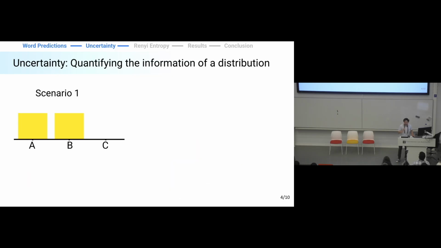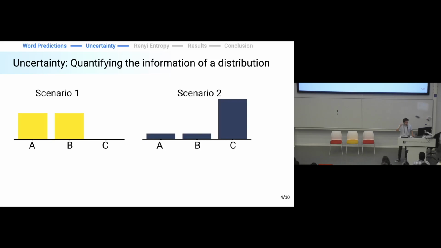Let's say it's a murder case, and there are 3 different culprits, right? In scenario 1, A and B have a 50-50% chance of being the culprits. And in scenario 2, A and B have 12% and C has 76%. So which of these 2 scenarios is making you more uncertain? Think of it. There are no wrong answers, by the way. According to Shannon entropy, they have the exact same uncertainty. And the thing is, these are very different situations, right?